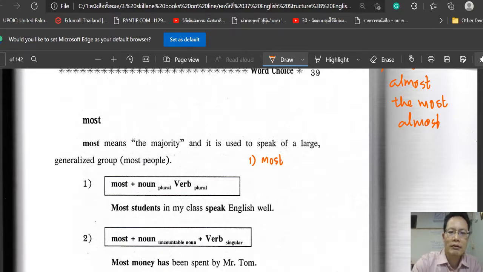In Thai language, for example, if we have 10 items, 10 glasses, 10 glasses of coffee. What is most? Most maybe more than half. Most of the glasses of coffee are cappuccino. Means majority, more than half. Large number. Generalized group. Most people in Thailand do not like